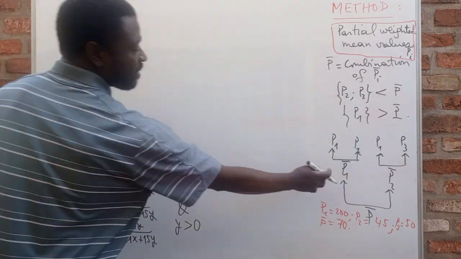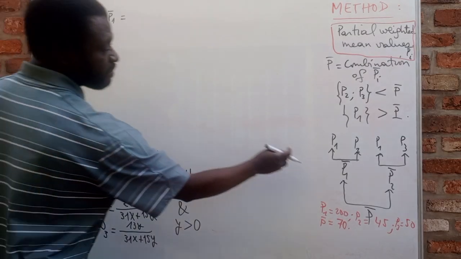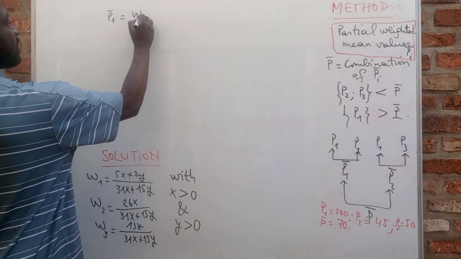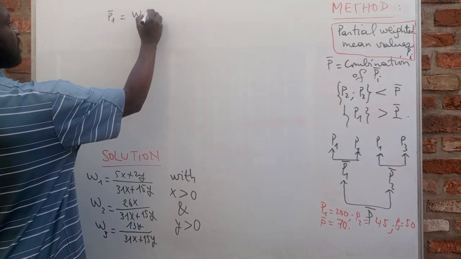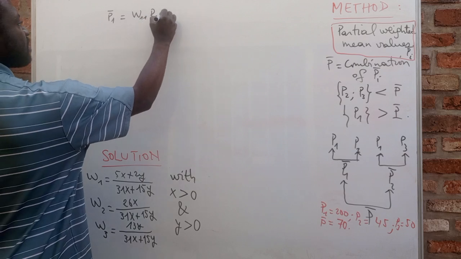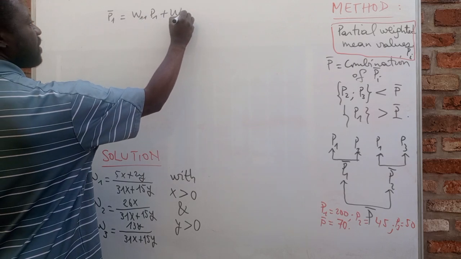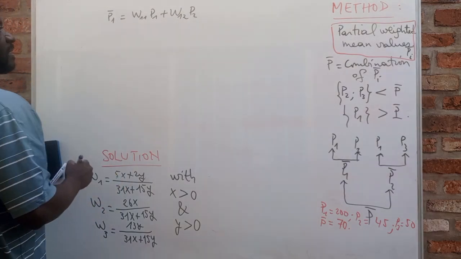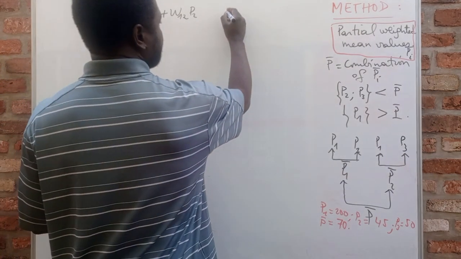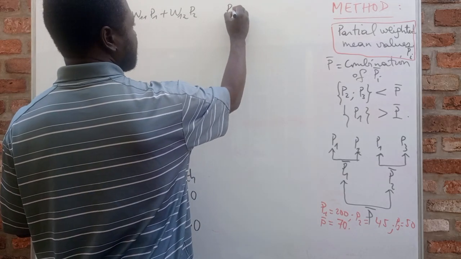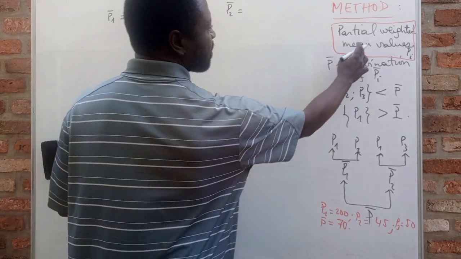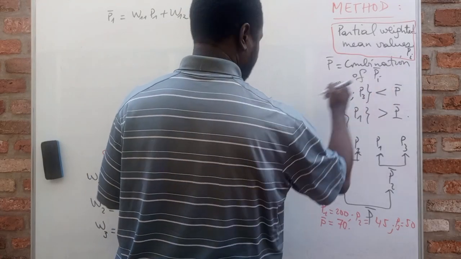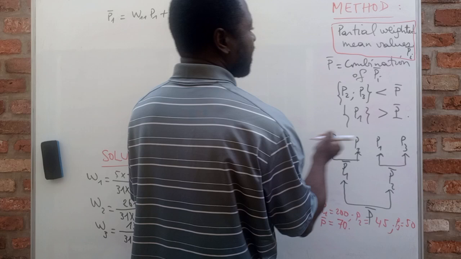So this one, the first partial weighted mean value, will be some weight omega 1 1 P1 plus omega 1 2 P2, for example. On the other hand, the second partial weighted mean value